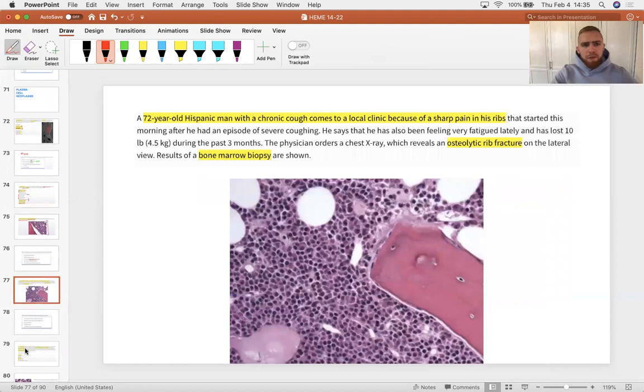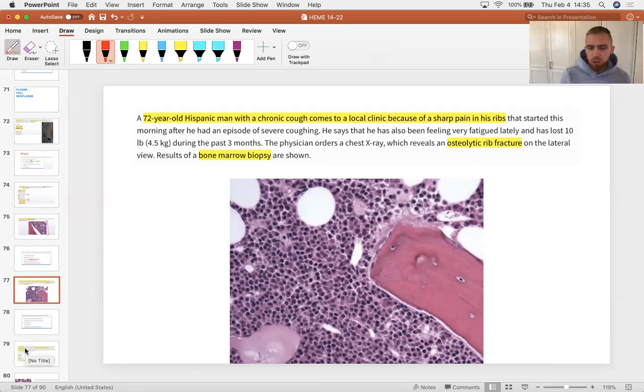Another case, we have a 72-year-old Hispanic man with a chronic cough, and he visits the clinic because of a sharp pain in his ribs that started this morning after an episode of severe coughing. So he fractured a rib, he was coughing so hard. He's been very fatigued lately and has some unintentional weight loss. You order a chest x-ray, which reveals a rib fracture,